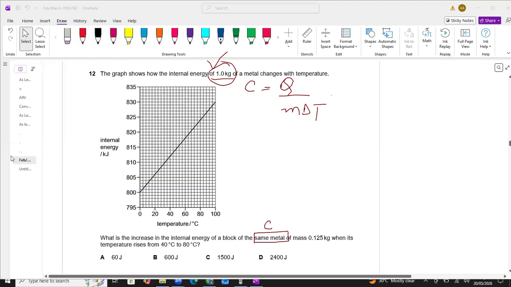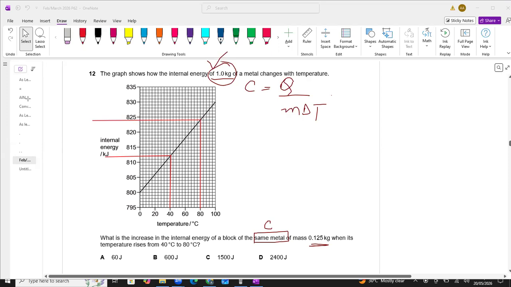So now student, for the change in energy, you can see the graph. They are saying from 40 degrees Celsius to 80 degrees Celsius for 0.125 kg, so I will use the same temperature range here, from 40 degrees Celsius to 80 degrees Celsius. Although we will get the same gradient for a constant line, I am still taking the value at 40 degrees Celsius. I could take the value at 0 degrees Celsius or 100 degrees Celsius as well, because for a constant straight increasing line we will get a constant gradient. So at 40 degrees Celsius we are getting this value of internal energy, and at 80 degrees Celsius, let me draw the straight line, we are getting this value of internal energy.